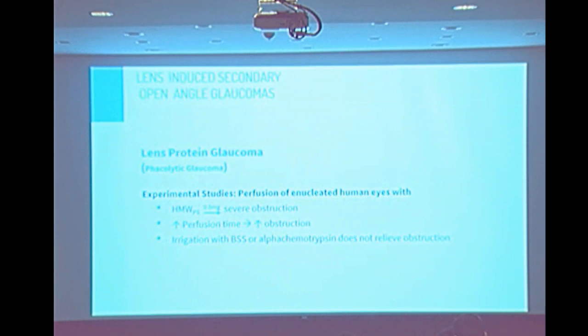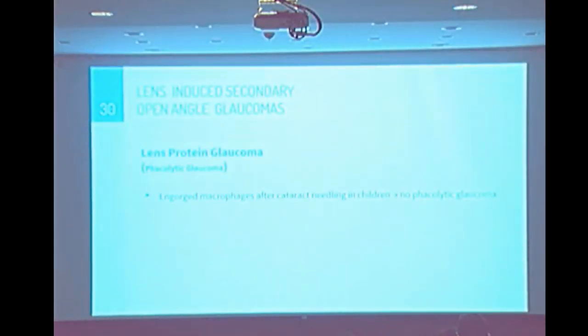Irrigation with BSS, to wash out the material, or with alpha-chymotrypsin, the enzyme used in intracapsular cataract extraction to dissolve the zonules so you can take off the lens, does not relieve the obstruction. When they did the same experiment with low molecular weight proteins, there was no obstruction. So this indicates that, yes, and again, to strengthen this outcome,